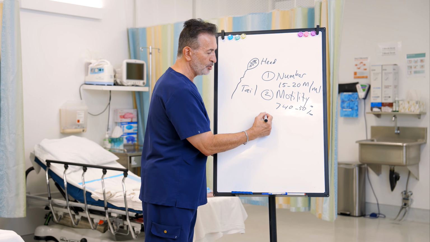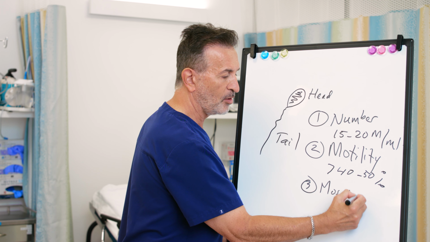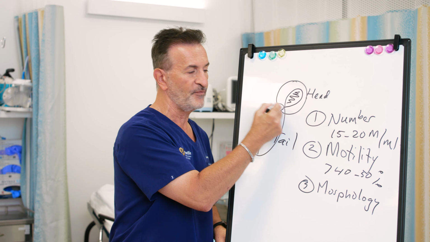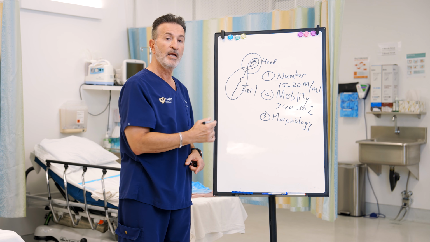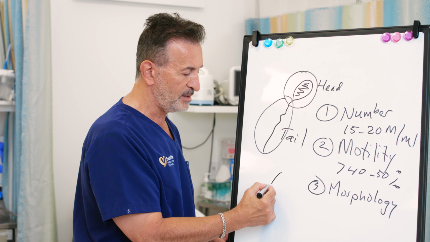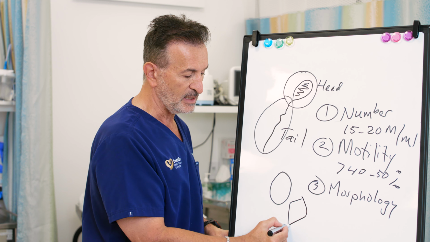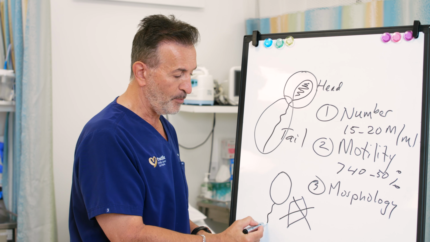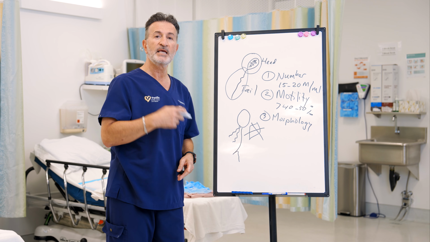And finally, there's a third parameter that we look at, and that's called morphology. Morphology is the shape of the sperm head and the shape of the sperm tail. Any abnormality in the head or the tail can affect fertilization and outcome. For instance, a sperm has a head that's supposed to be oval. So if the sperm head looks like this, that's abnormal. It will have a hard time fertilizing an egg. Or if the sperm has a short tail or two tails or a split tail,